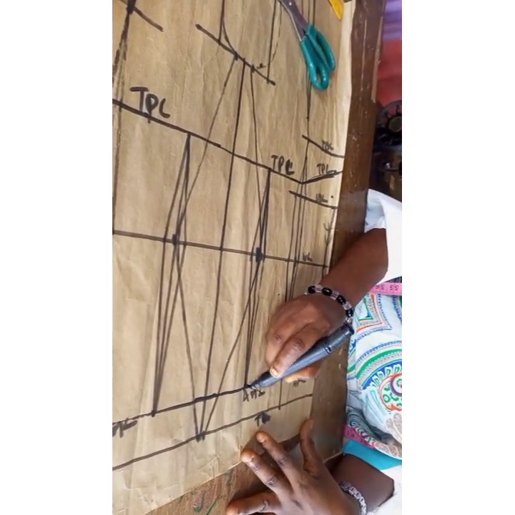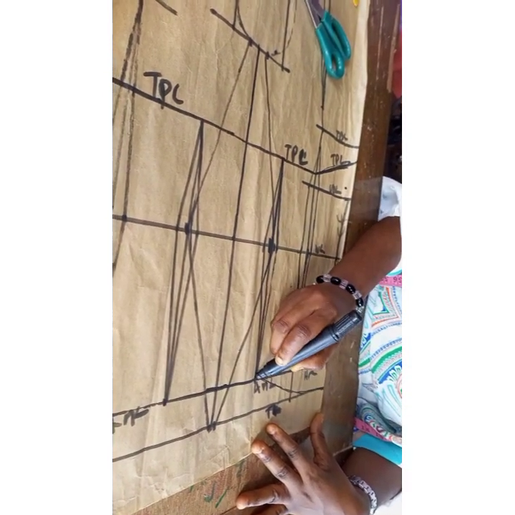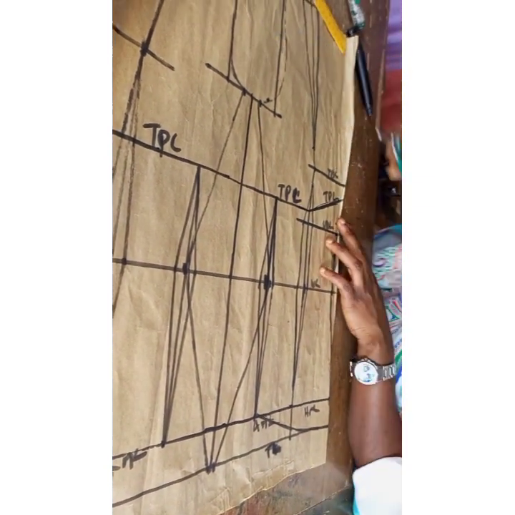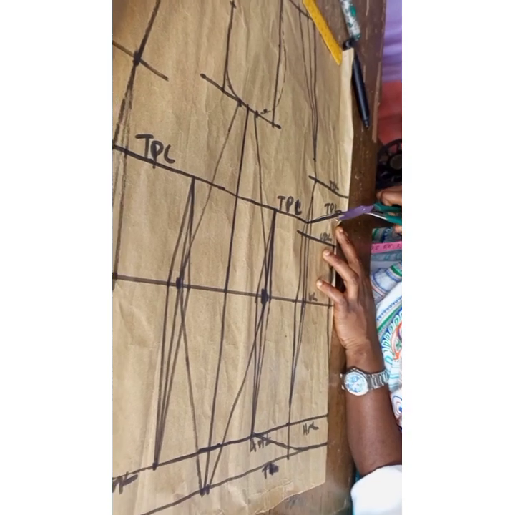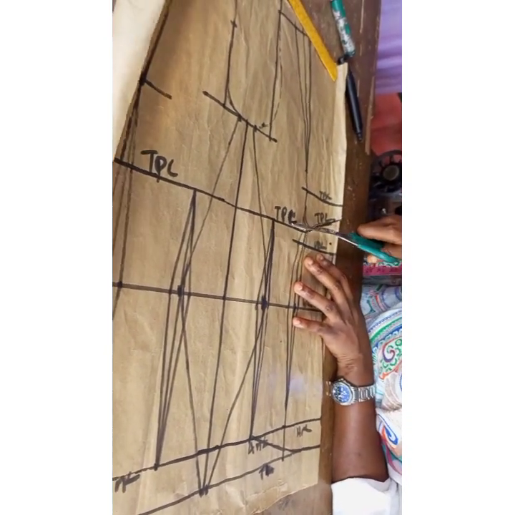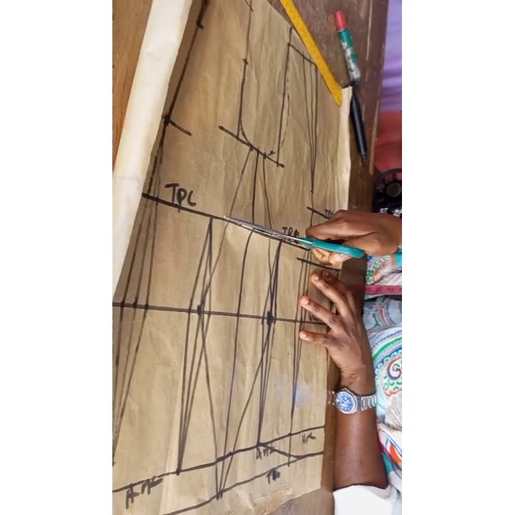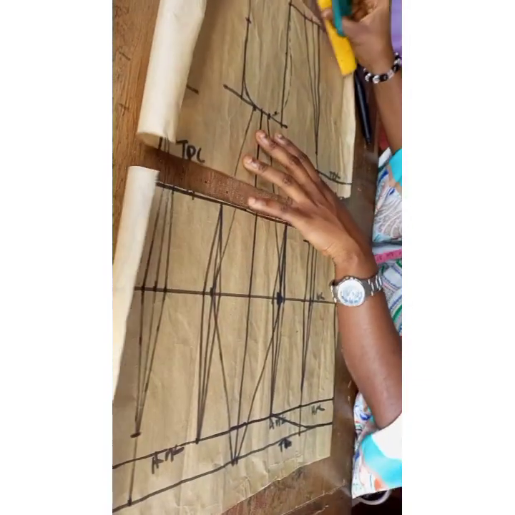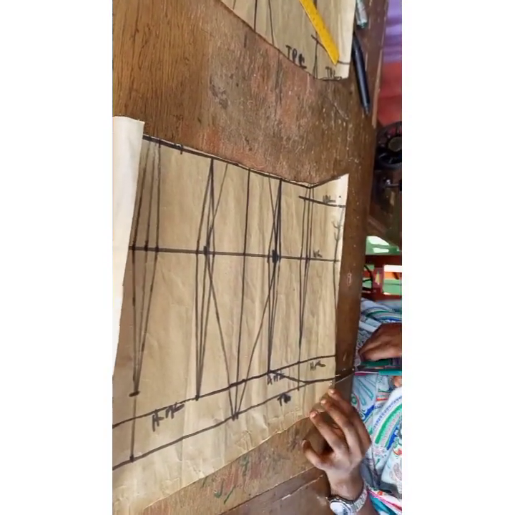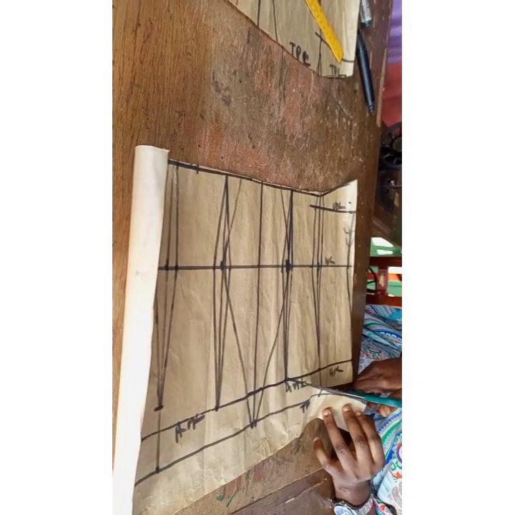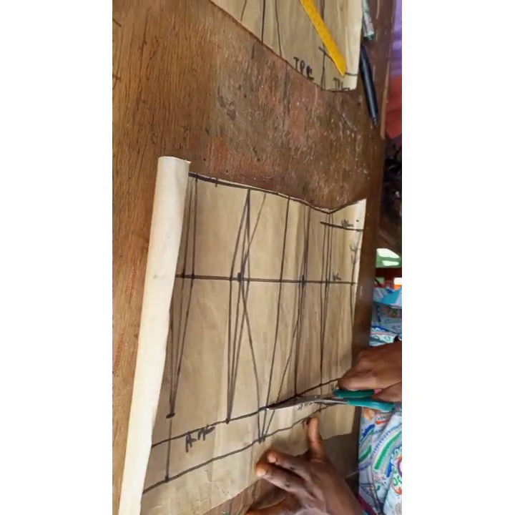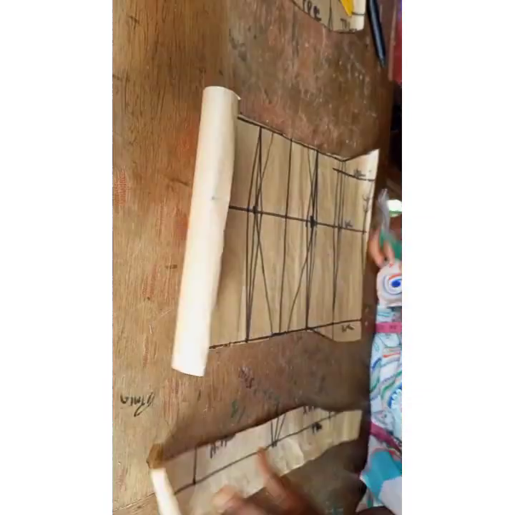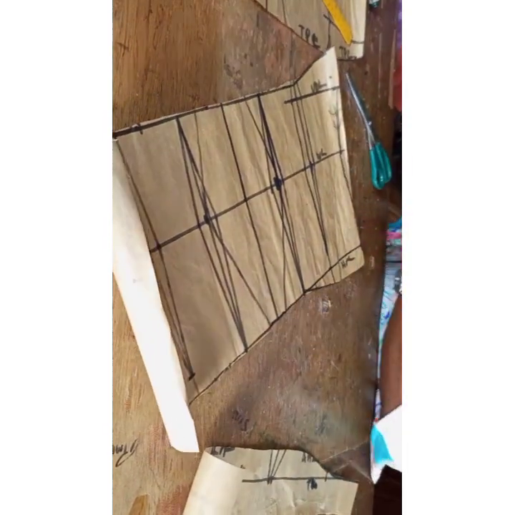So you can just go all the way this way, all the way, just like they go this way, and you can maintain the straight line. Now let's cut it out and see what we have. Know that this is the top line that we are cutting. Now, if this is out, then I can go this way now. And this is it. So now for this, I can label it